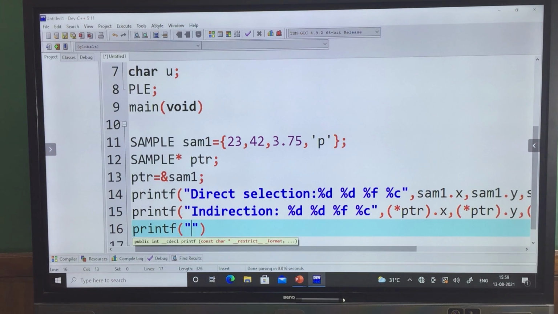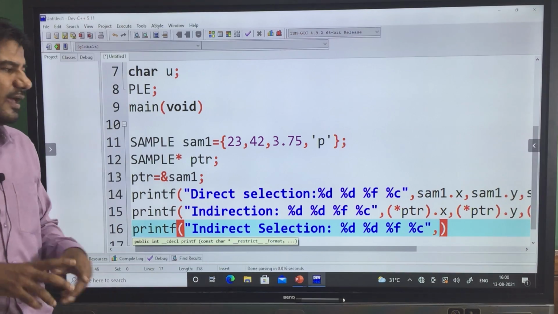Last one is printf, after indirection, now indirect selection. The conversion codes are first %d, second %d, third %f, and last %c, then comma, and pass the values. Indirect selection means we have to use the arrow operator now.